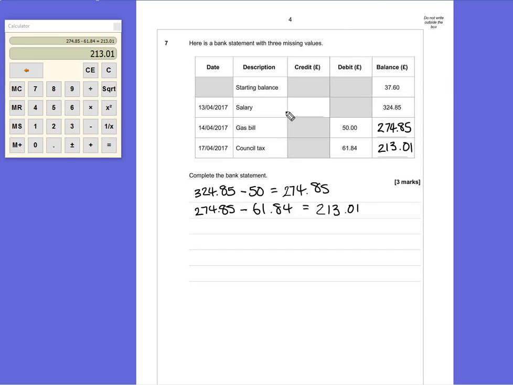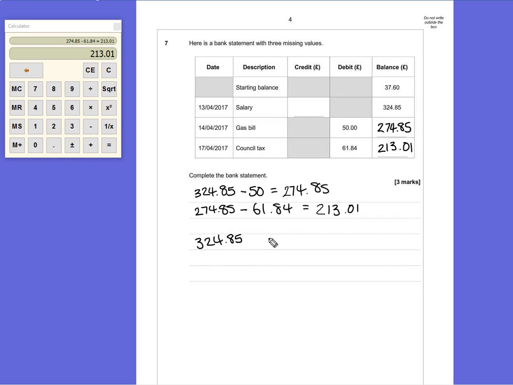Now the final space is credit, which is when money is put into a bank account. We know how much money was there before. We know how much money was there afterwards. So once again, this is going to be a subtraction problem. Find the difference to see what was added between the two numbers. We'll start with the